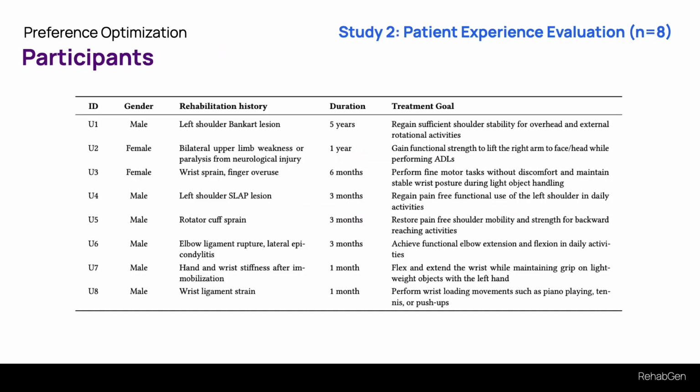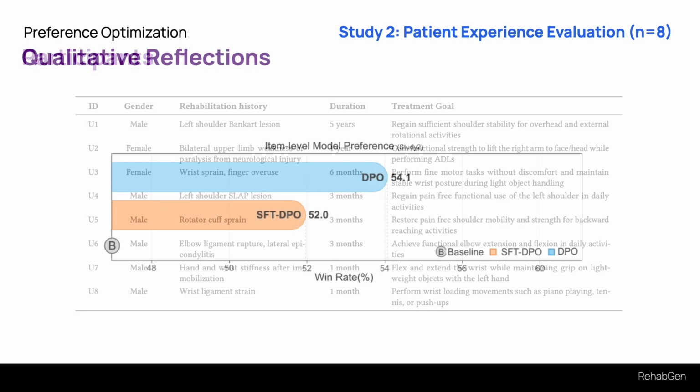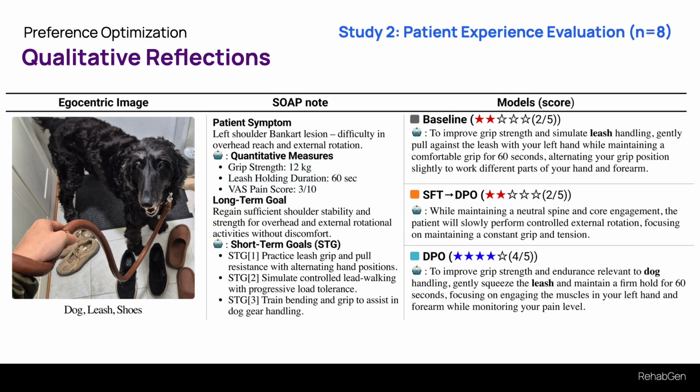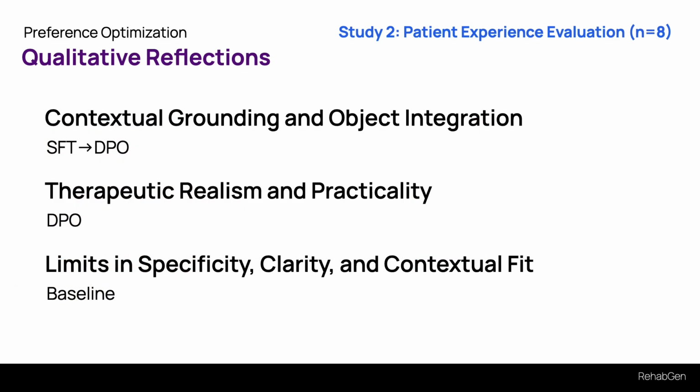We additionally recruited 8 participants who have diverse upper limb conditions and rehabilitation goals. In this patient experience evaluation, our DPO and SFT plus DPO models show a higher preference win rate over baseline. This example illustrates that the DPO model generated the most clinically relevant and context-aware recommendations by incorporating the patient's actual impairment, measured grip strength, and environmental context. Qualitative reflections from the patient group highlight that SFT plus DPO improves contextual grounding, DPO enhances clinical realism, while baseline still lacks